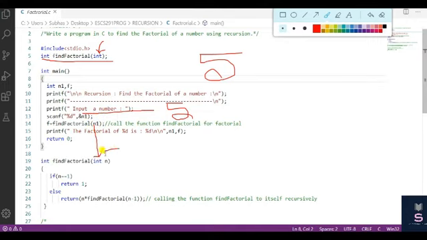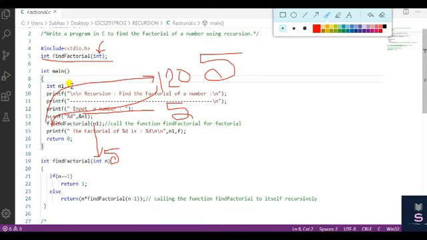So that value 5 will be, so now n equal to 5, and we already explained what the return value is. So it will return 120. Then f equal to 120. This function will be called repeatedly and recursively, then I will get the final result 120, because the return type of this function is integer. That value will be assigned to this variable f.